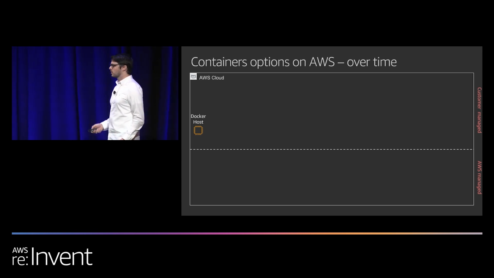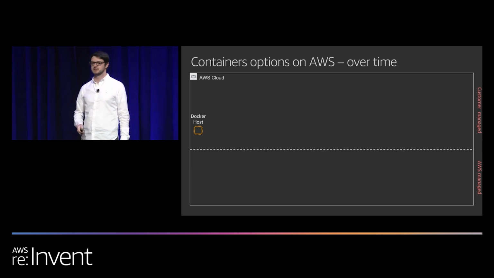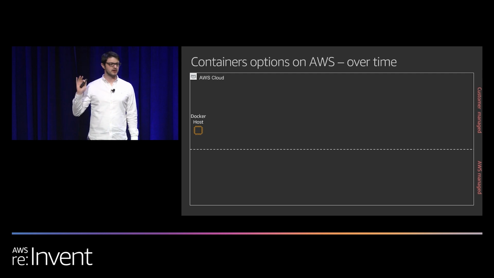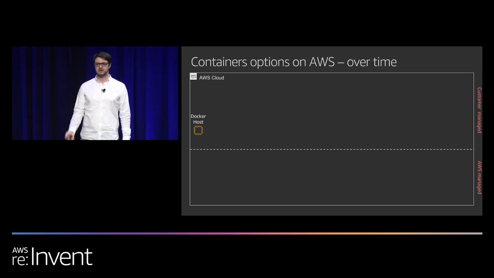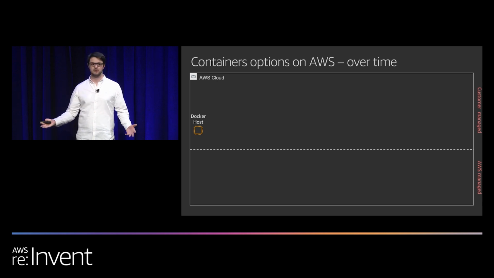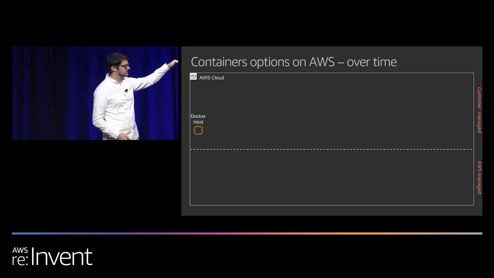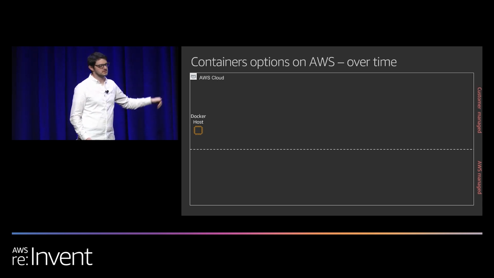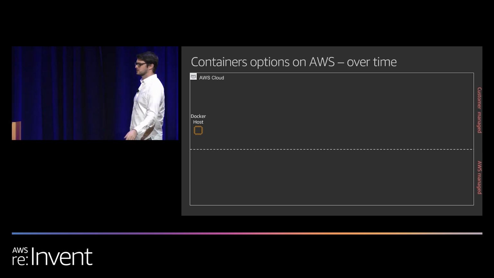So several years ago, we saw people running stuff with Docker directly on EC2. And they were running them directly on EC2, and our customers were doing this on their own. They were doing it in their own accounts. You may have been one of those people, or you may still be, possibly. And that was everything above the line here, right? And our customers told us that this was great. We love EC2. We love the reliable compute infrastructure. We like the networking. We like the storage options.